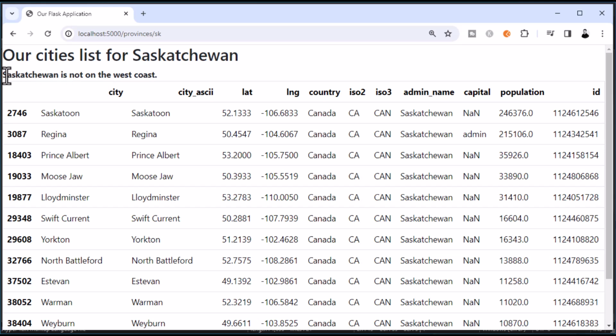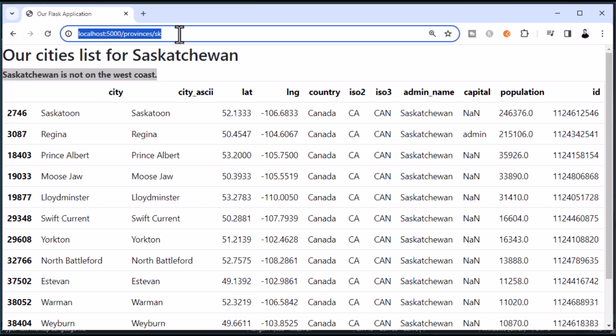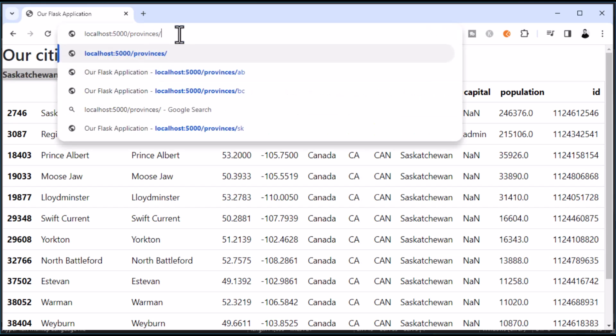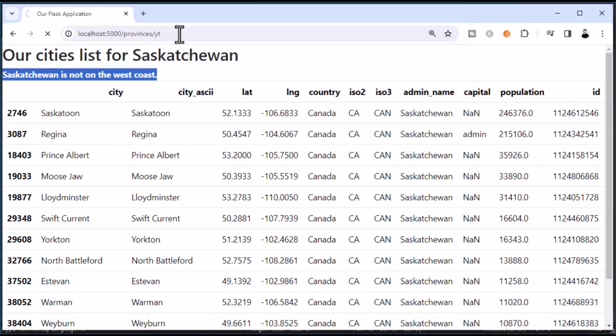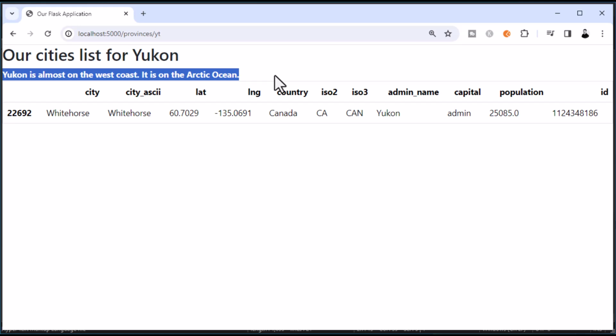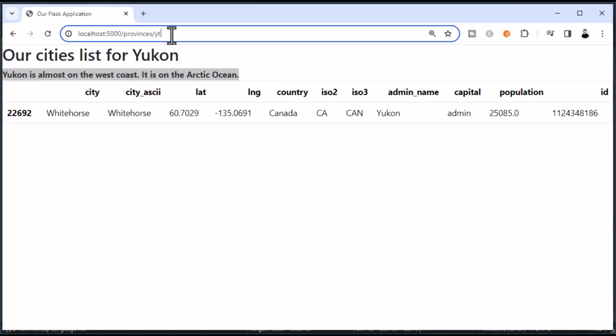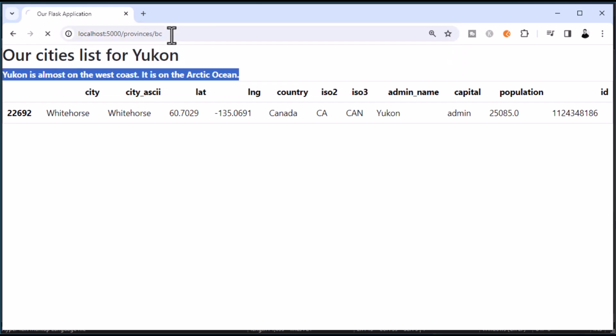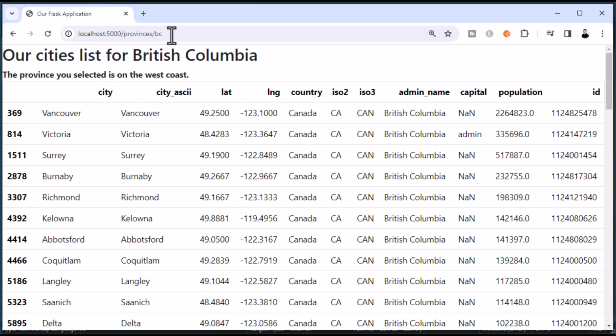Now we've got Saskatchewan. Saskatchewan is not on the west coast, and then we can say Yukon, which is YT. That's the abbreviation for Yukon. Yukon is almost on the west coast. It is on the Arctic Ocean, and it has one city that fits our criteria, which is Whitehorse. And there we go, we've got BC. So if I hit BC on there, it'll say the province you selected is on the west coast,